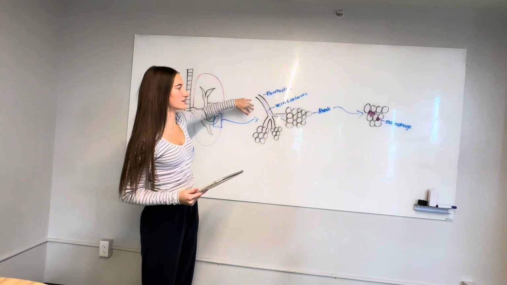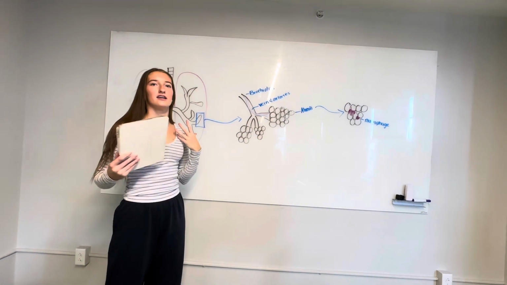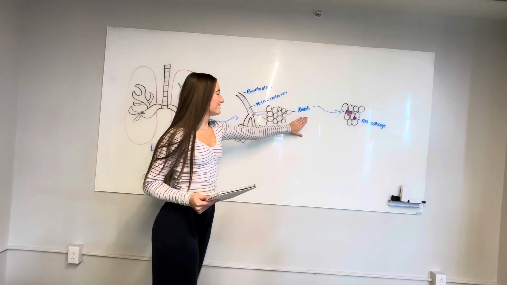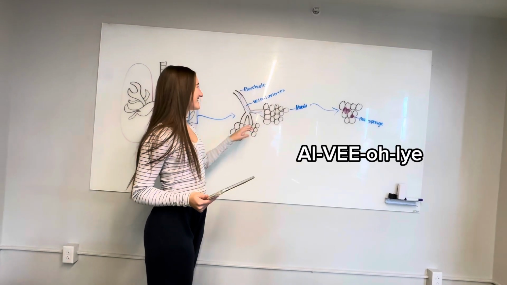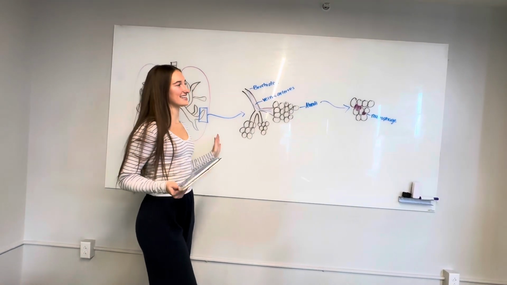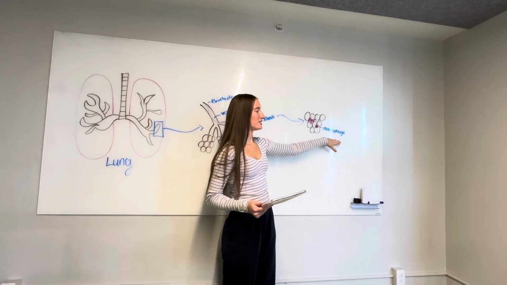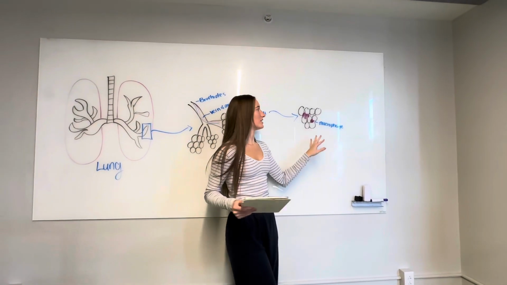you have veins and arteries also in your lungs, and that's how your air kind of filters, which goes to the alveoli, and these kind of look like grapes. That's the best way to describe it. And then if you zoom in closer, they have these macrophages on them, and this is where the disease will